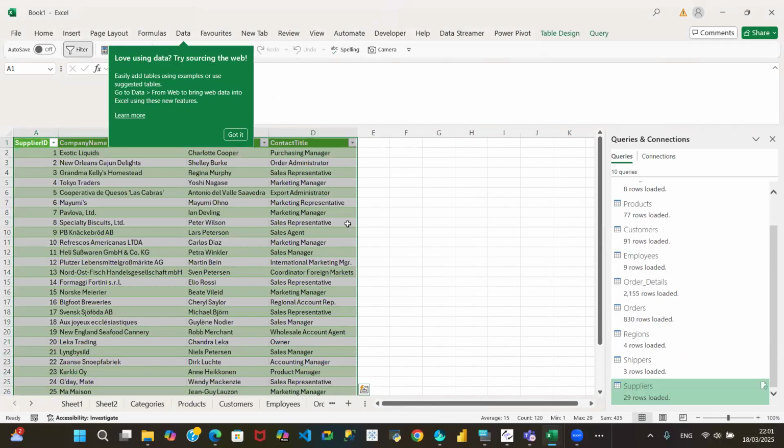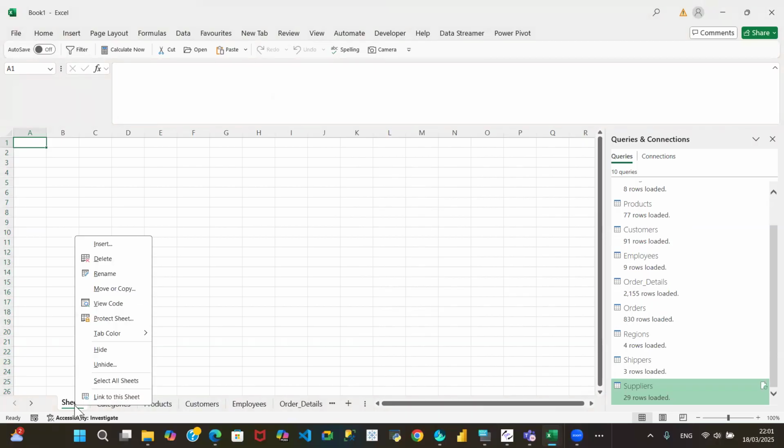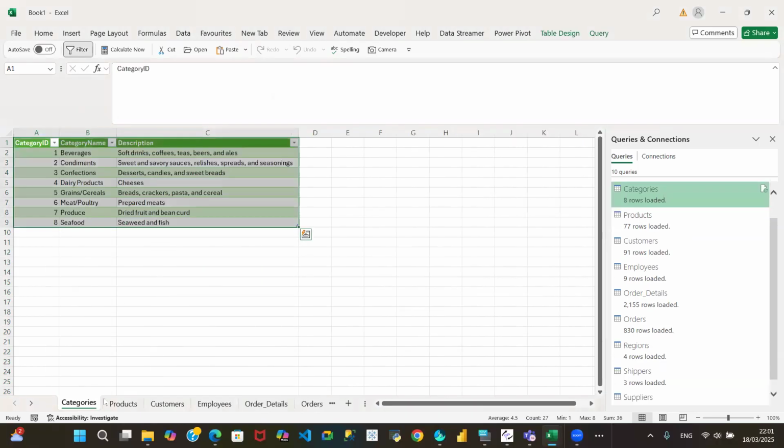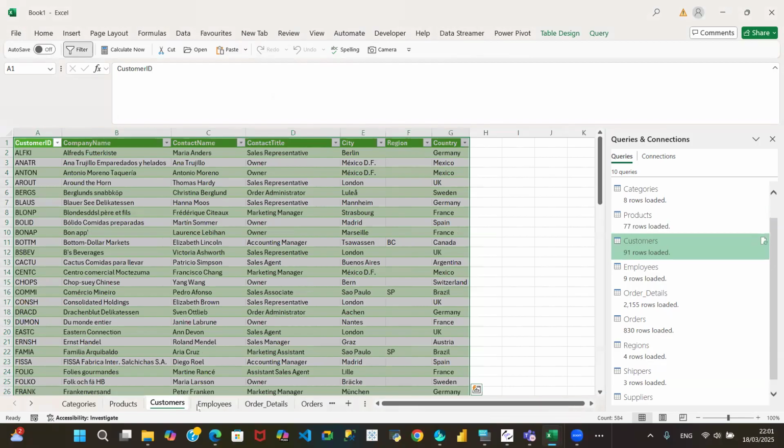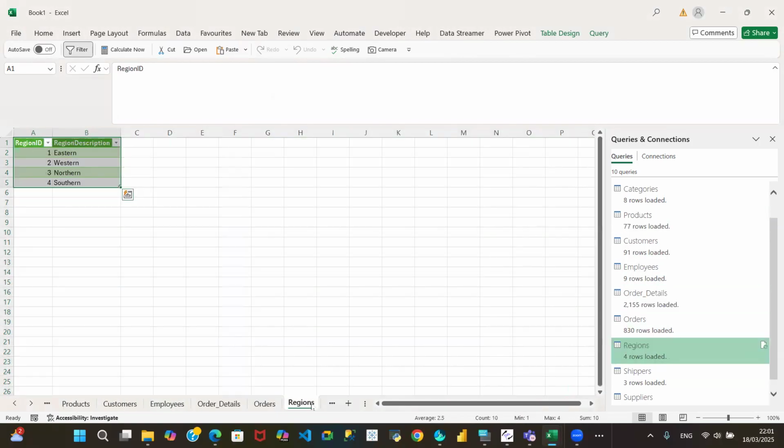Okay, all right. So we loaded to a table and let me hide this. This was our former. Okay, so these are the ones we just loaded: categories, products, all of those tables that we just brought in. It's loaded them as tables, and now we have that. Now, I did say to load to